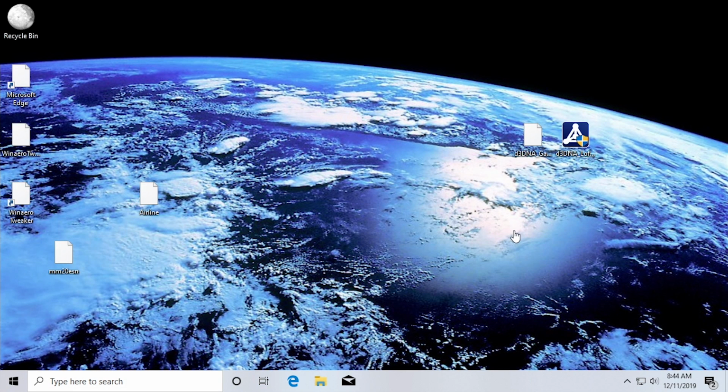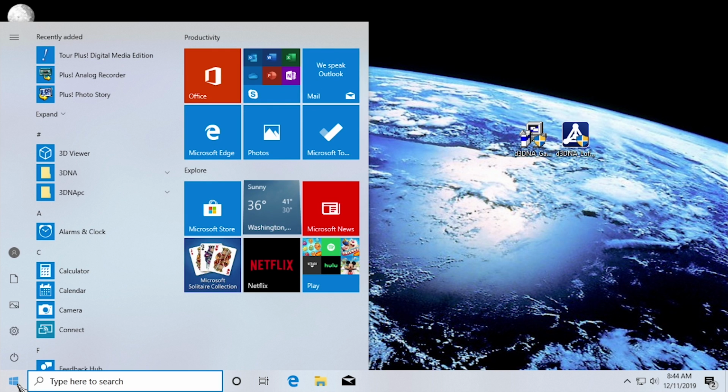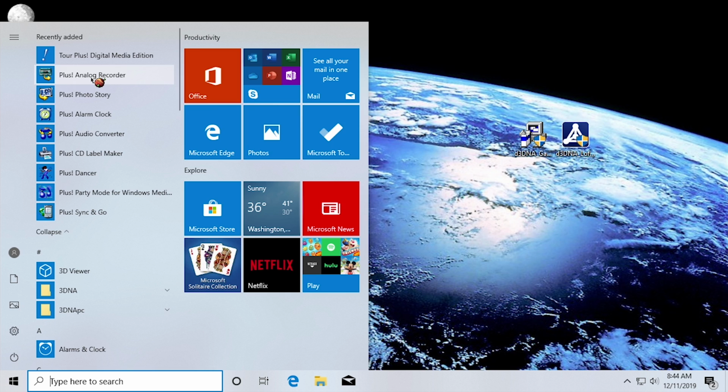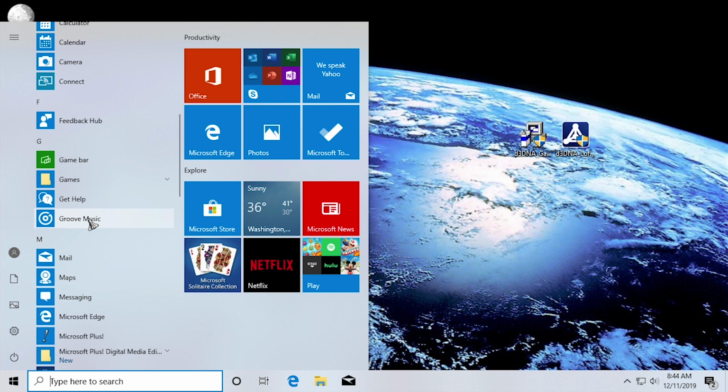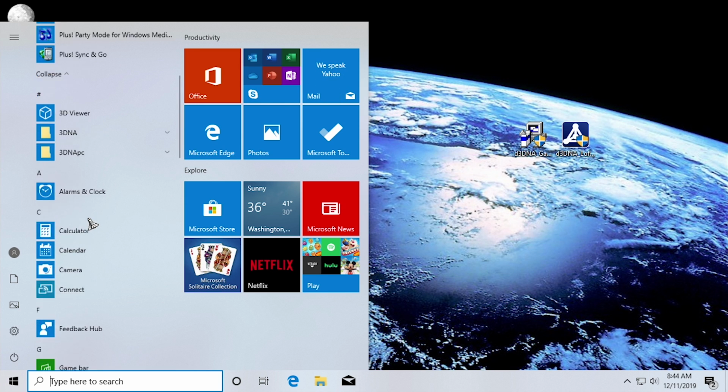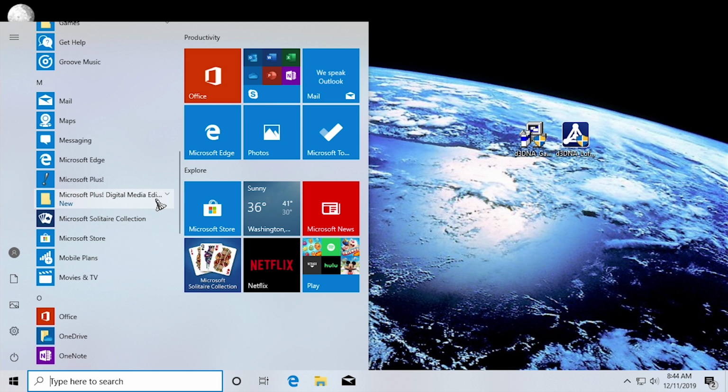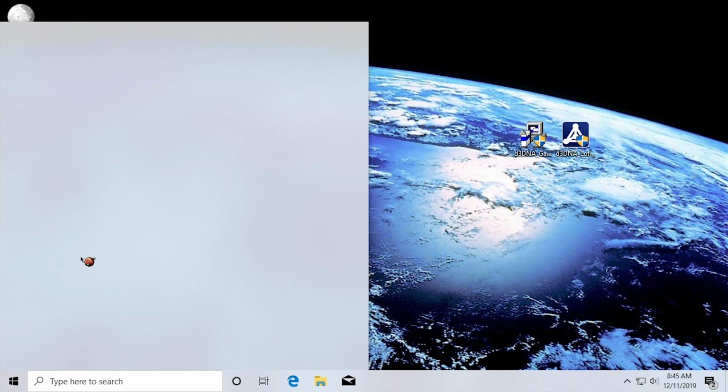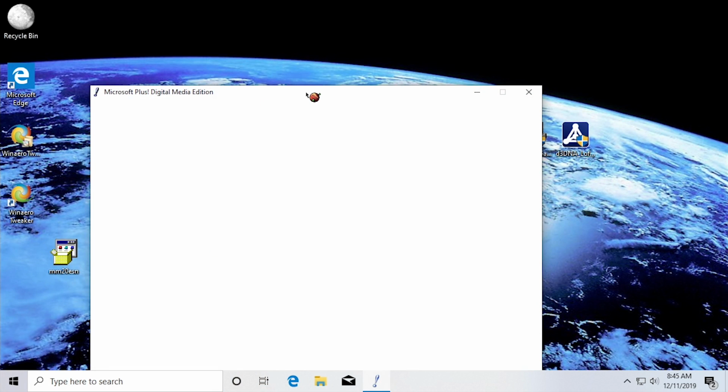Alright, we're back. The VM has just rebooted, so let's go into the start menu. Up here under recently added, you see we've got the Plus Digital Media Edition. We've got the analog recorder, all this stuff looks to be here, and we've got the Plus Dancer. Oh yes, we're going to try this out. I got a comment from some of you saying bring back the Plus XP Dancer, so we're going to do that here. We're going to try to run this Plus Digital Media Edition,